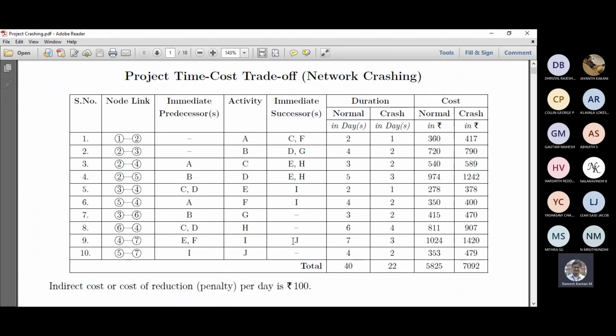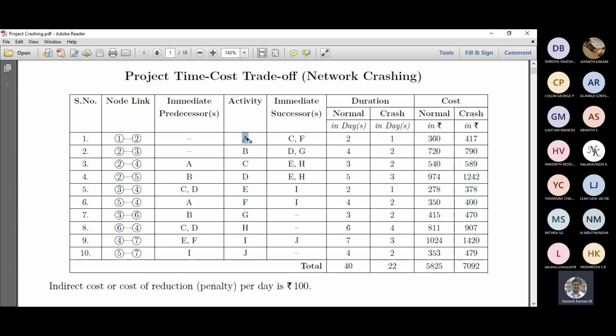Whereas in this case, we have two times: normal time and crash time. We can also call them normal duration and crash duration. Say normally activity A takes 2 days to complete, and the cost associated with the normal time is 360. Say this is the construction of a small entity, and it takes 2 days with a cost of 360 rupees. Whereas if I'm not interested in 2 days, and I want it at the earliest,